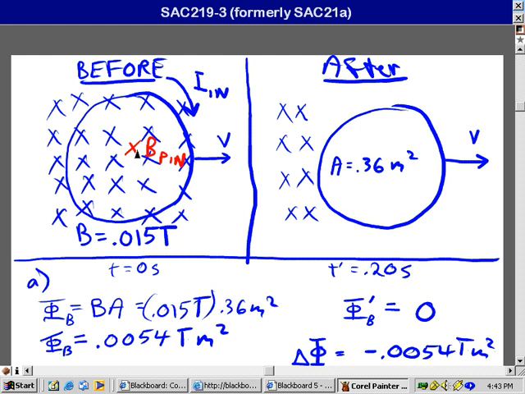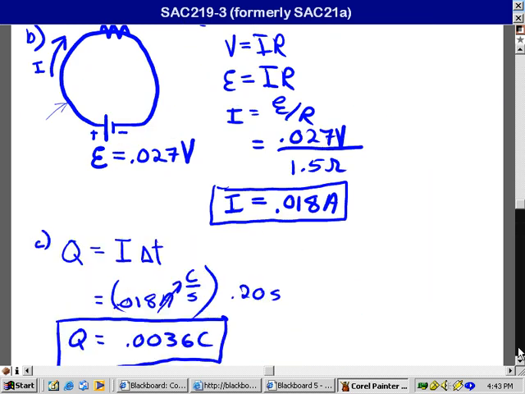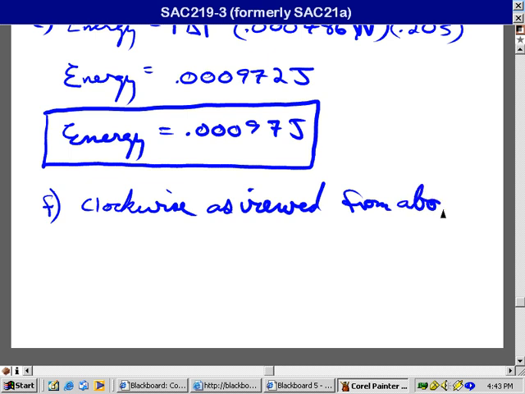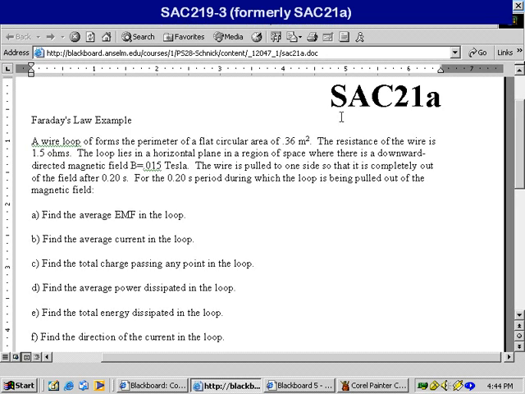To make up for the disappearing downward directed magnetic field lines, I need a downward directed mag field line for B pin, and then by the right hand rule, if I remember to use my right hand instead of my left hand, I get a current which is clockwise as viewed from above. Thus, end the solution to problem